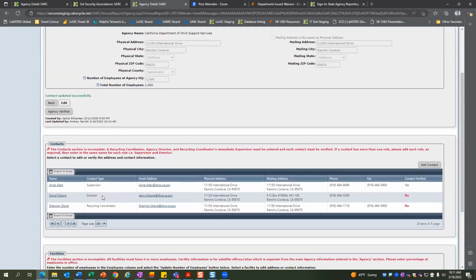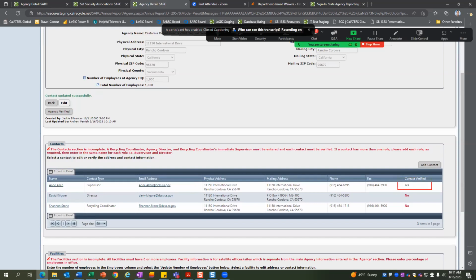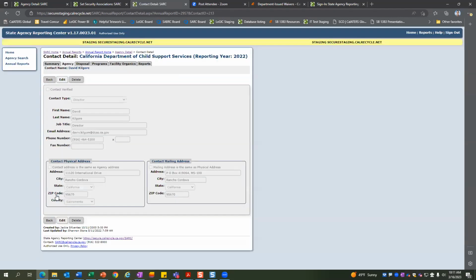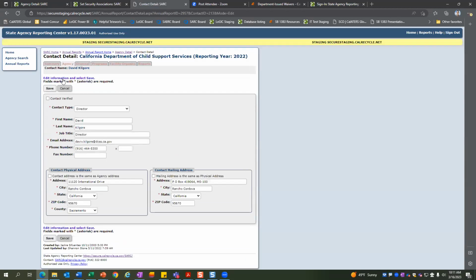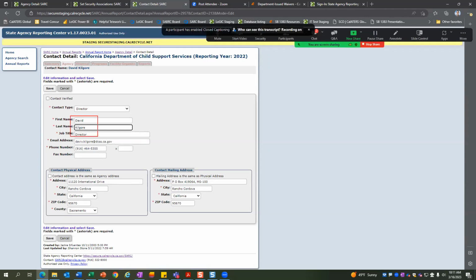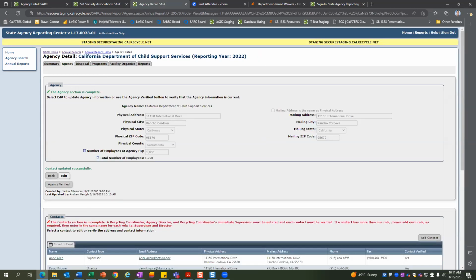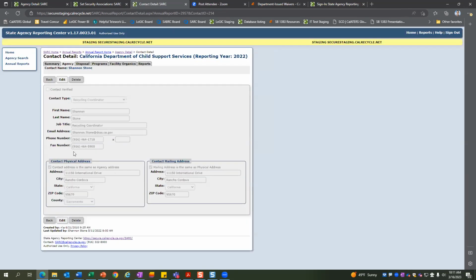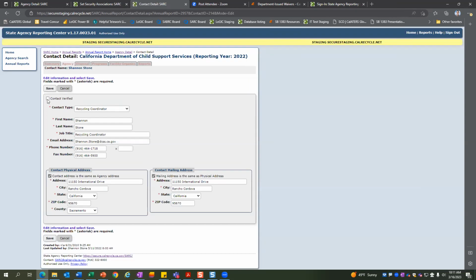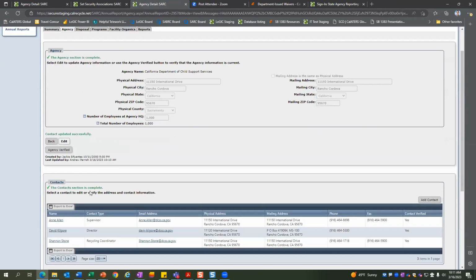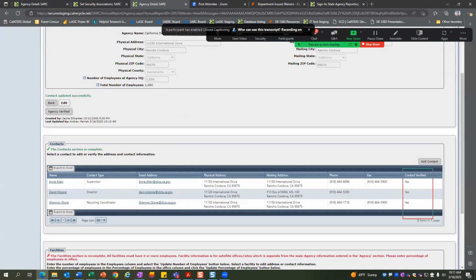And you'll now see that I have a contact verified? Yes. And you have to do these for each contact you have in here. So either make edits if you need to in any of these fields down here, and then select contact verified and save. And last one, just do it quickly, save. So now you can see I have verified all my contacts, and this section is complete.